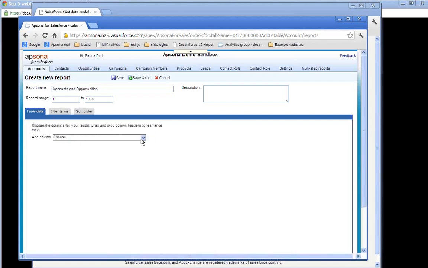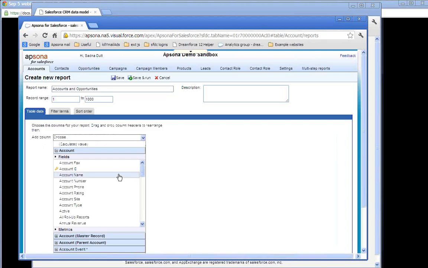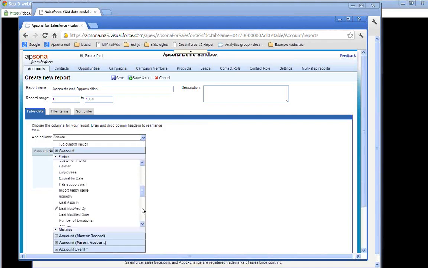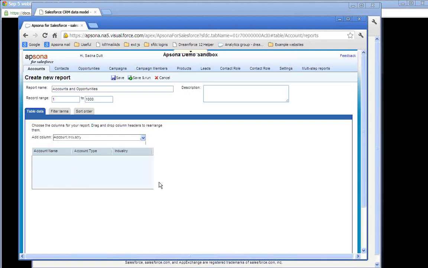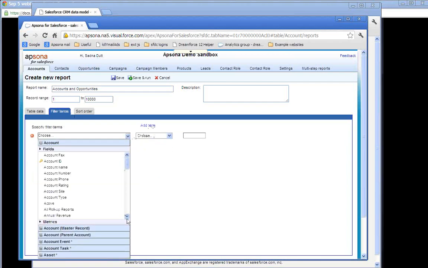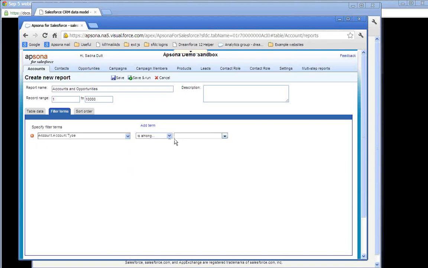it. So to begin with, suppose I do this. Suppose I say I want the account name and the account type and maybe industry, let's say. And I want up to 10,000 because there may be a lot of records here. And let's say that I'm only interested in say the partner and customer accounts. So I want to go into account type and say I want those accounts that are partner